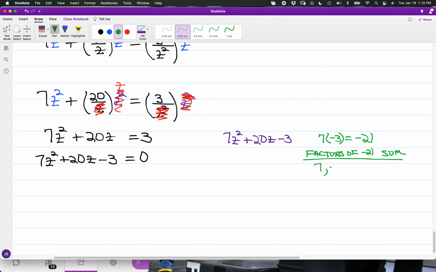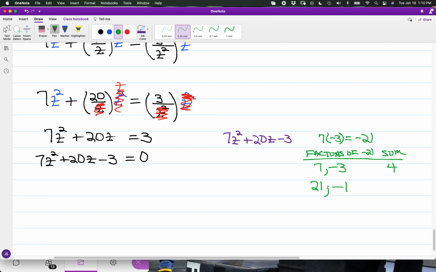If you notice, we had 7 and negative 3. However, 7 plus negative 3 is only 4. And if I make the adjustment, making the positive factor even higher,